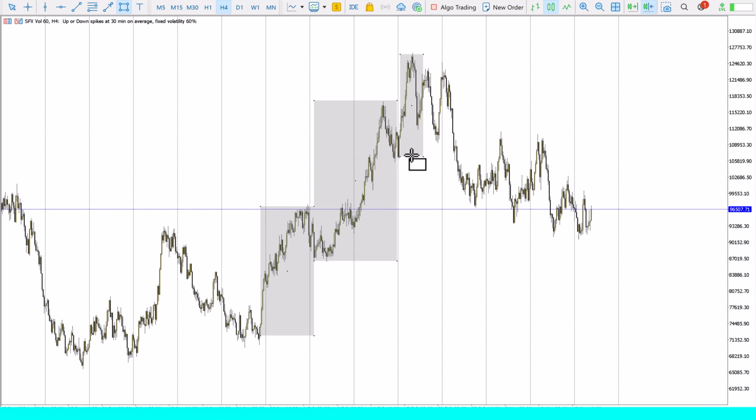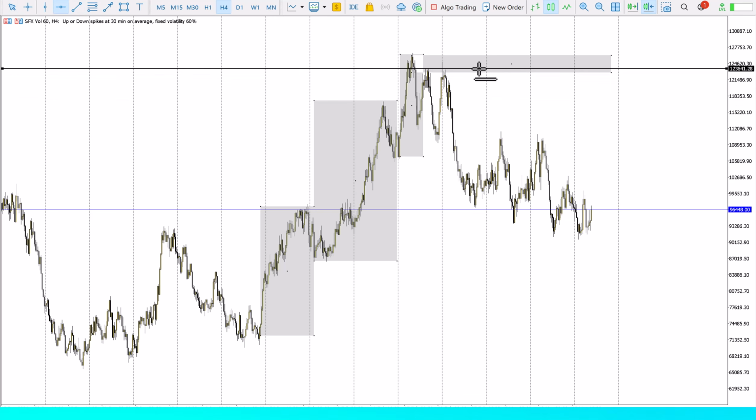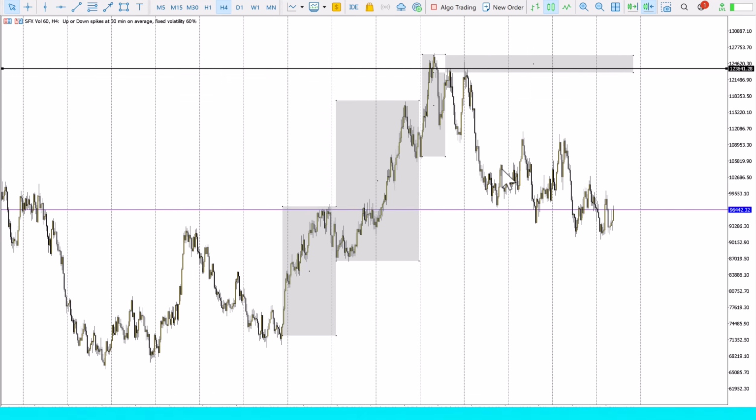So what do you do? When you see this, you mark the last order block before that move, that retracement that you see here, because now you are expecting a double bottom or a double top, and in this case you are waiting for a double top. So once you do this, we are going to mark this, and you are going to wait for price to come back to this particular point. Then you execute from there, and I'm going to show you how you actually enter on the